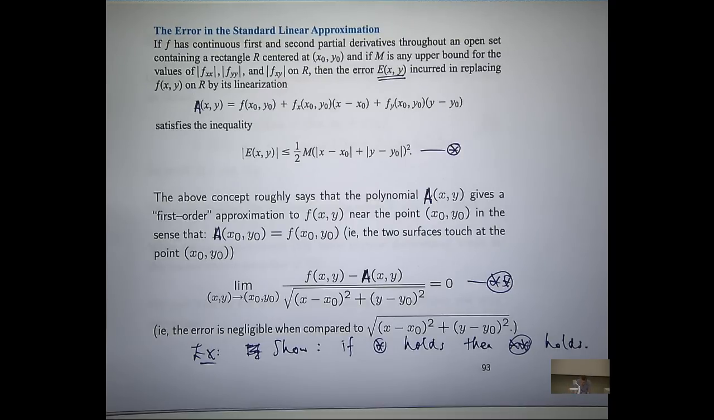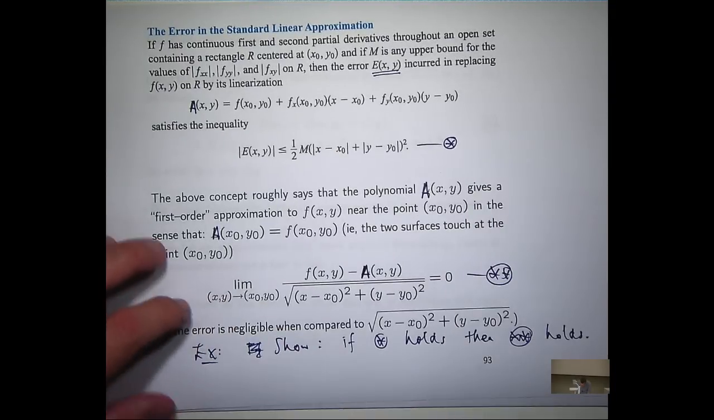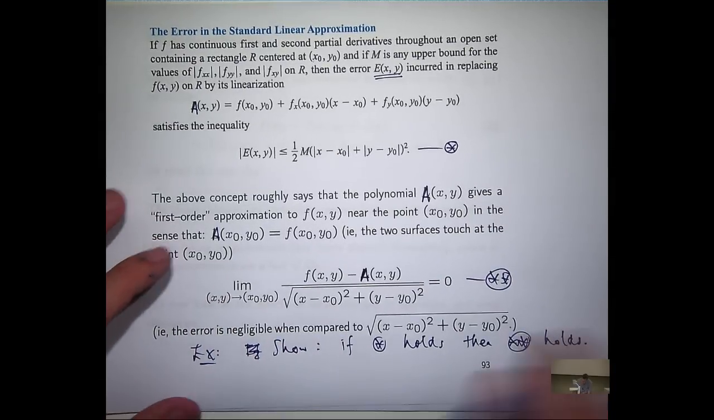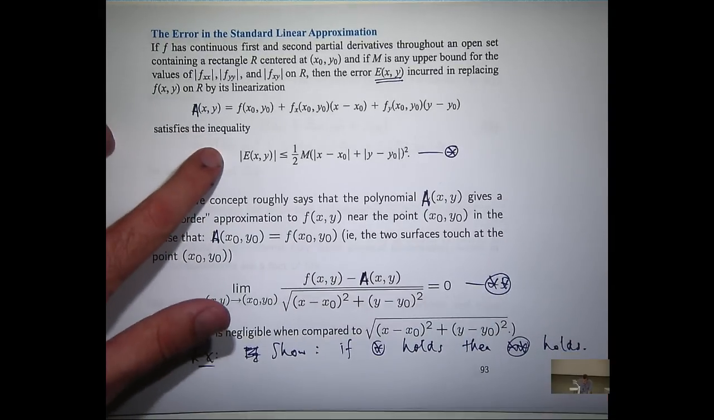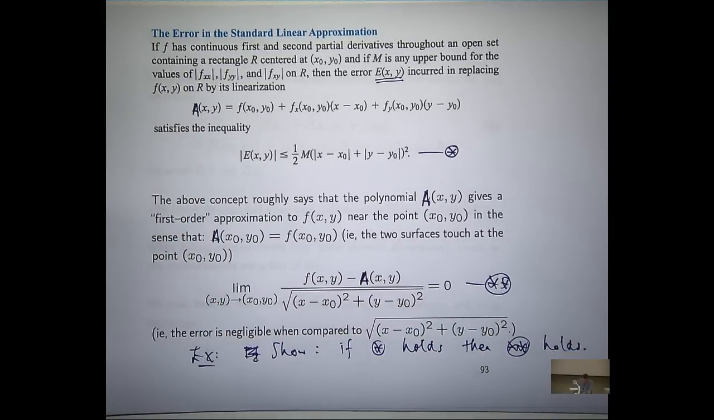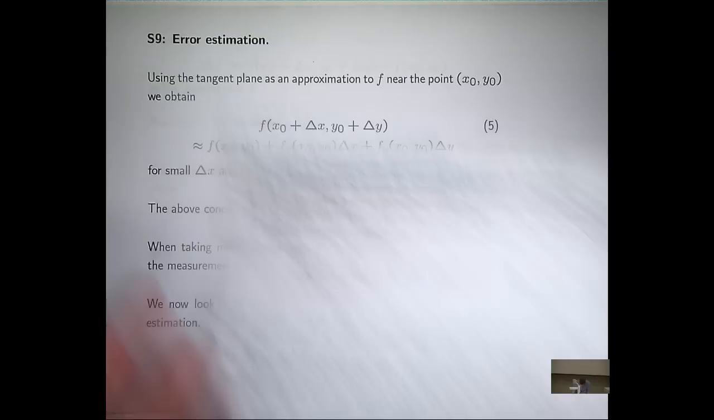Now, we're not going to concentrate too much on this, but it is nice to show that if this holds, then this holds. I'm not going to prove it. The basic idea relies on Taylor polynomials of functions of two variables. We'll do that next time, okay? So I'm not going to prove it. But